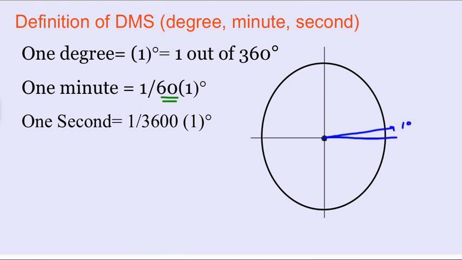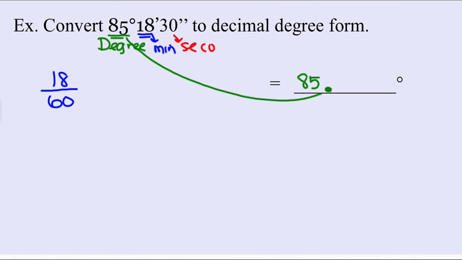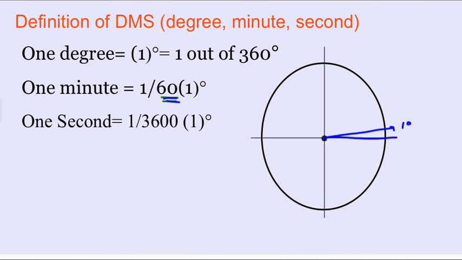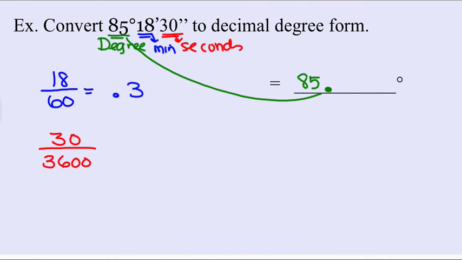We go back a couple slides here. Remember, it's 1/60th of a degree. So when you divide that, you get 0.3. So we'll leave that alone for right now. Now let's go on to our seconds placeholder. So 30. And now we have to divide it by 3,600. We go back. The reason why it's 3,600ths of 1 degree. When we divide that, we get